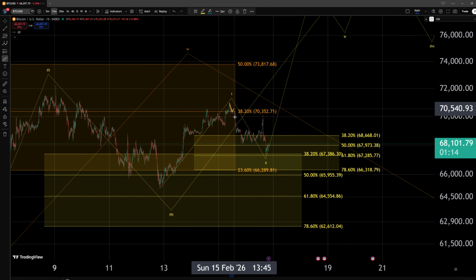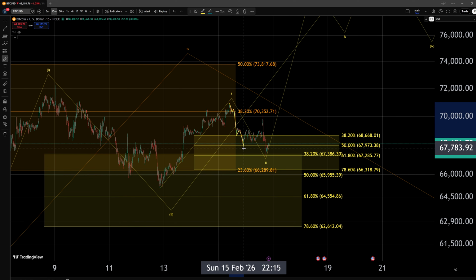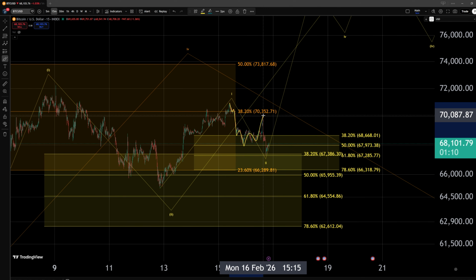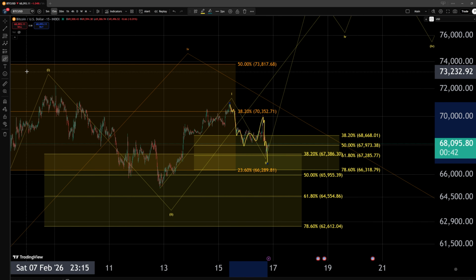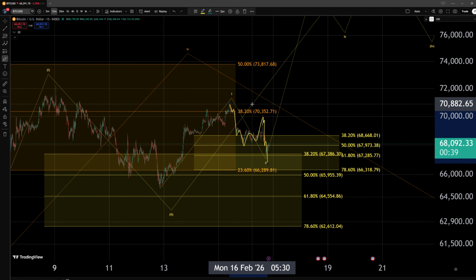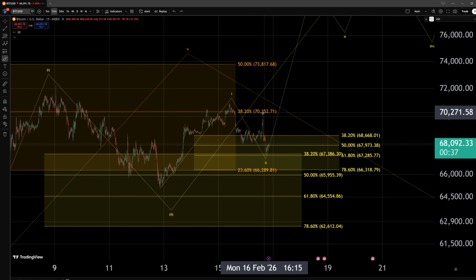We had here a potential initial 5-wave move to the downside, but we had our 3-wave correction and then the next 5-wave move to the downside. We completed the likely structure, we completed the likely pattern, and now there is nothing strongly suggesting to us that we should expect continuation to lower prices. And even though I could provide you 3 or 4 different interpretations that could allow us to extend still to lower prices, I would probably focus on this swing high around the 70k level, the top we have formed